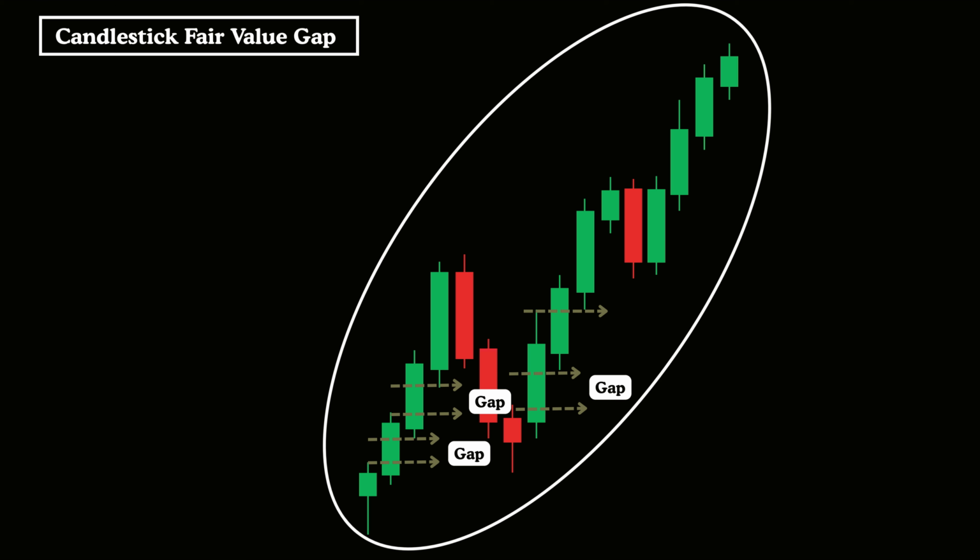As we move along, another valid fair value gap is visible in the next three-candle set. Eventually, price reverses downward, sweeping through and filling all previously formed gaps. Then, a strong bullish impulse appears. So where's our next fair value gap? If we connect the top wick of this red candle to the bottom wick of the next green candle, we spot yet another fair value gap.